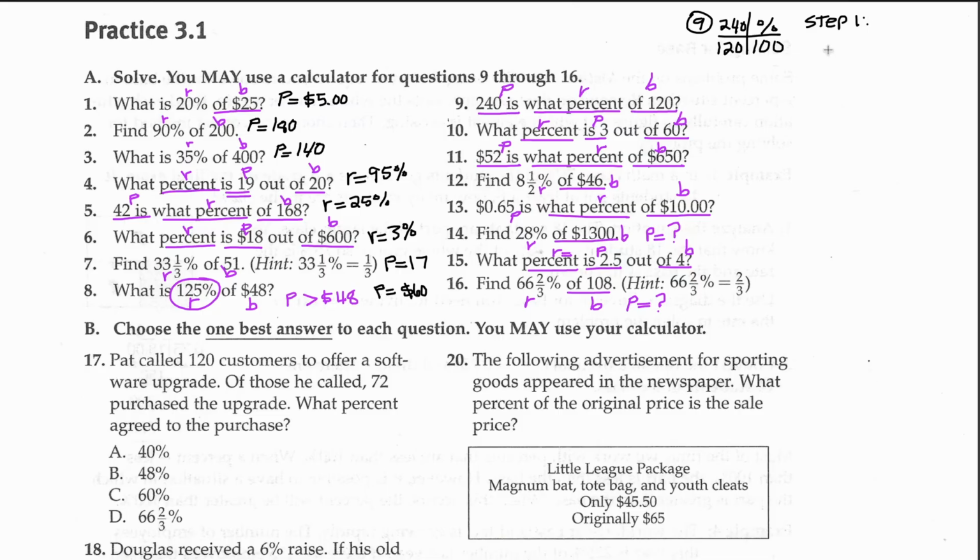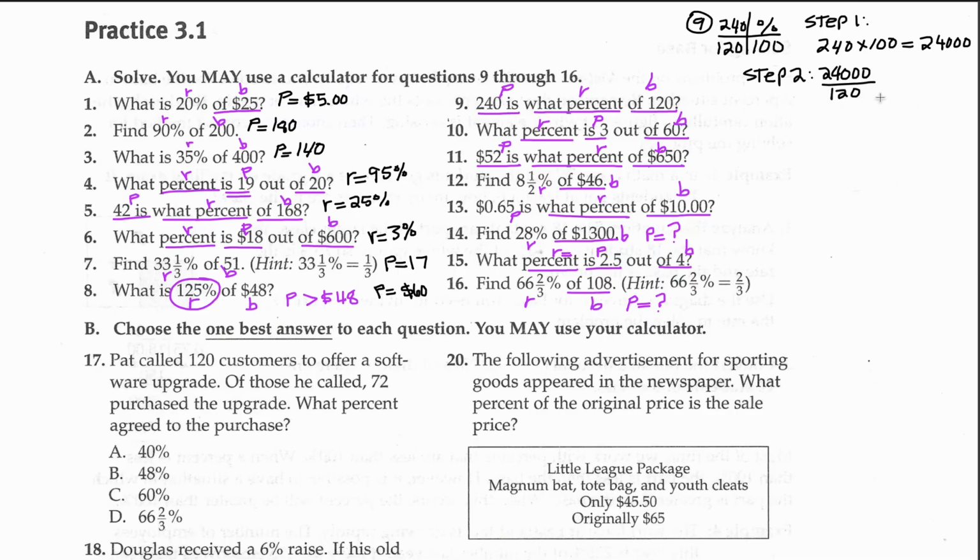We need to multiply 240 times 100. Okay. If you don't want to use a calculator, that's okay. But if you do, go ahead. 240 times 100. That means you will get 240 and 2 more zeros. That is step number 1. Step number 2, you need to divide the answer. The 24,000 here divided by